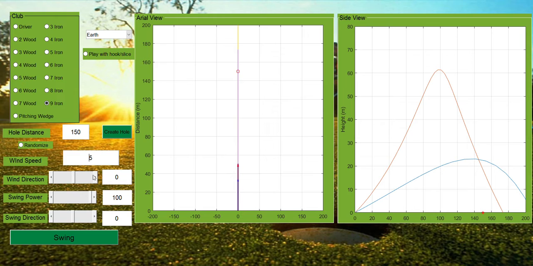It's going from the east, so we'll have that going to the west, so we'll want to set this to -90. Oh, that's too much. -90. As you can see, this little blue arrow is the wind direction, showing which way the wind is blowing. This red arrow shows the hit power and the swing direction, depending on the length and the direction of the arrow. And then we'll go with 50% swing power,